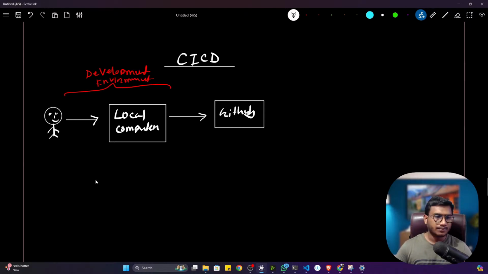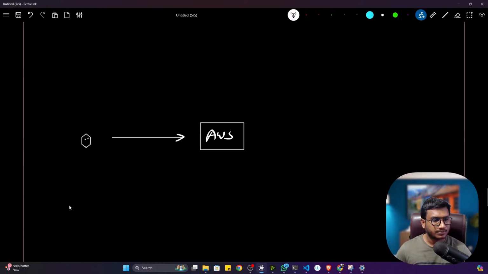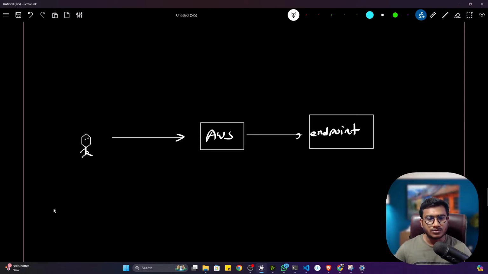So after implementing this project, what we have to do, we have to deploy this project, yes or no? Let's say somehow you have deployed this project on the AWS cloud. Let's say this is your AWS cloud. Fine. Manually you just created an instance there. You just took a machine there, an EC2 machine, and you manually deployed this project. Now it will give you some endpoint. So with the help of this endpoint, any of the users